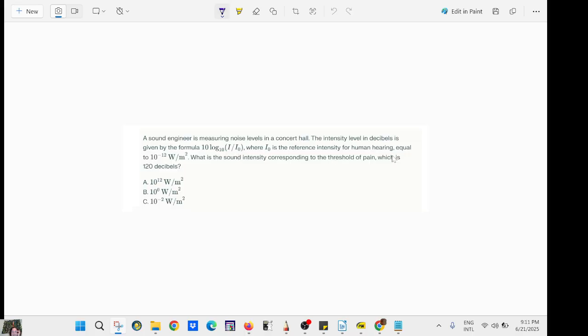The threshold of pain is 120 decibels. So we have 120 equals 10 log in base 10, and you want to find I, the intensity of the threshold